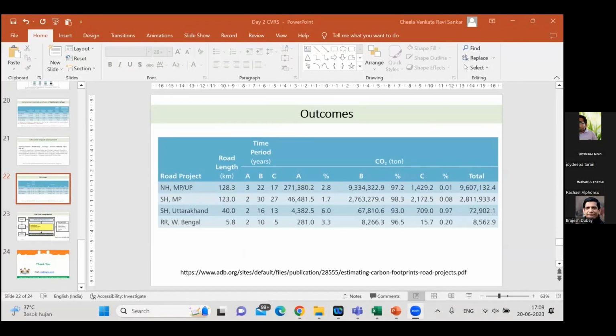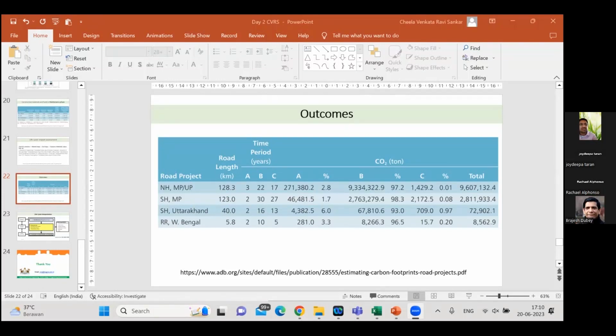Thank you, Ravi. Can you highlight the basic difference between attributional and consequential LCA, and which type of LCA can be chosen based on the requirement? Okay. The names attributional and consequential themselves suggest it. Attributional is for a full-length life cycle assessment. If you are doing a standalone LCA, suppose from cradle to grave for a road activity, when I am doing an attributional LCA, what are my attributes? What would be the problems associated with it? That is the simple calculation I'll be doing in the attributional one.